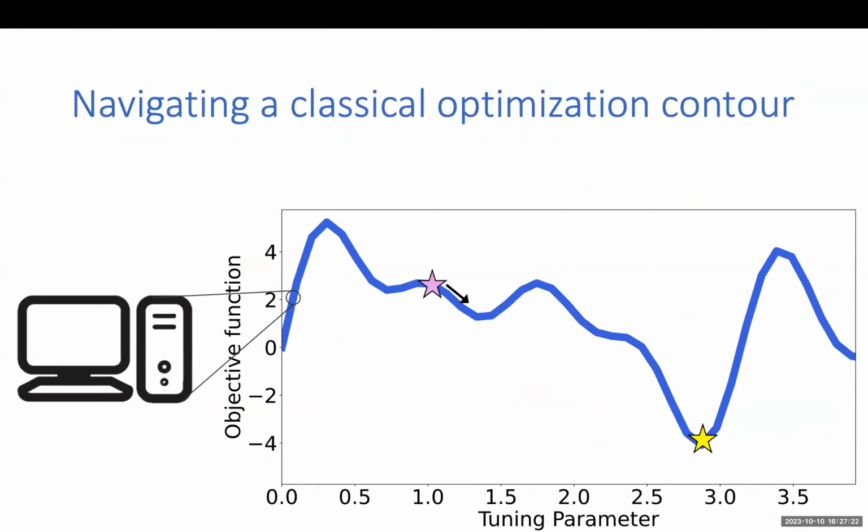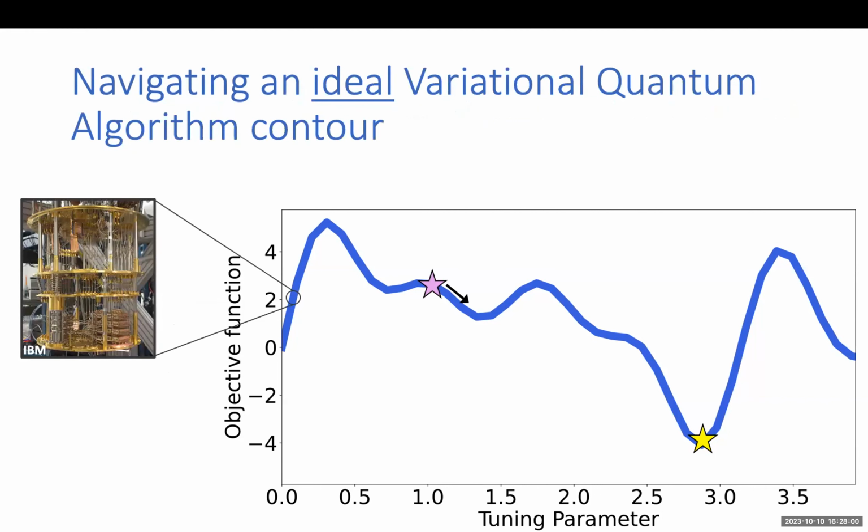Okay, so the focus of this is this topic called variational quantum algorithms. So what are variational quantum algorithms? The best way to think about this is first think of classical optimization, right? Which you are used to thinking about for optimization problems, machine learning, and much more. The idea is that you have some optimization contour, there's some objective function, you're trying to find this global minimum. So what you do is you start somewhere and you do something like gradient descent, and hopefully you're able to find this. And each of these points over here, you're evaluating on a classical computer, right? This is essentially how your optimization process works.